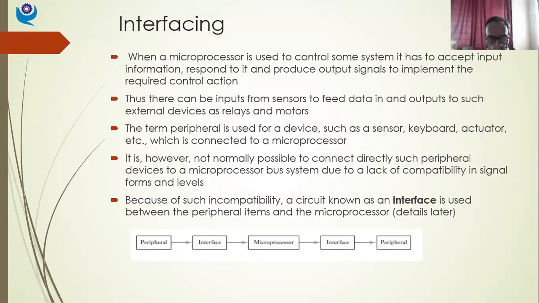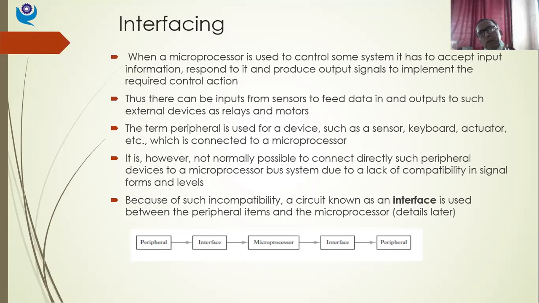Now, in a microprocessor, either the sensor data can be fed, or using a keyboard, mouse, or whatever graphic user interface that I have, all those peripherals will be used. Even the sensor signal can also be called a peripheral.